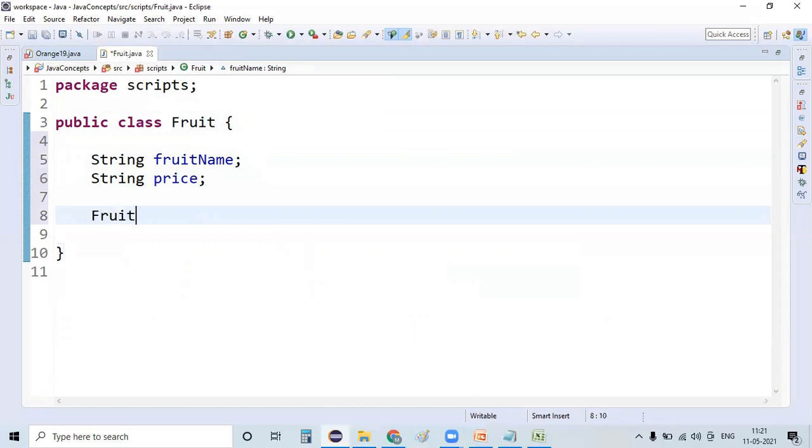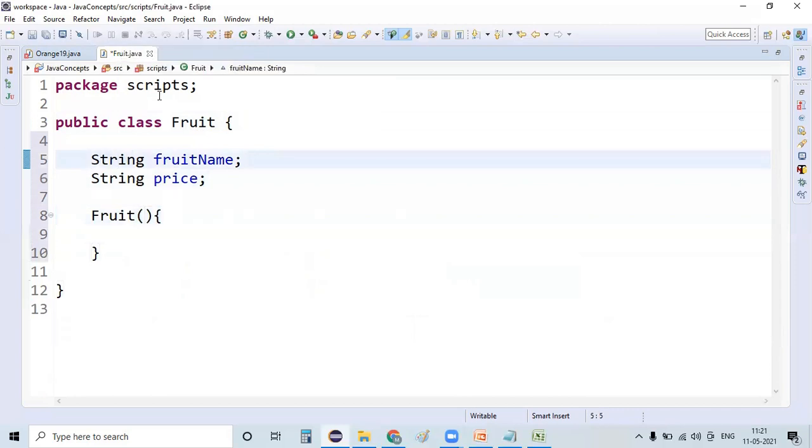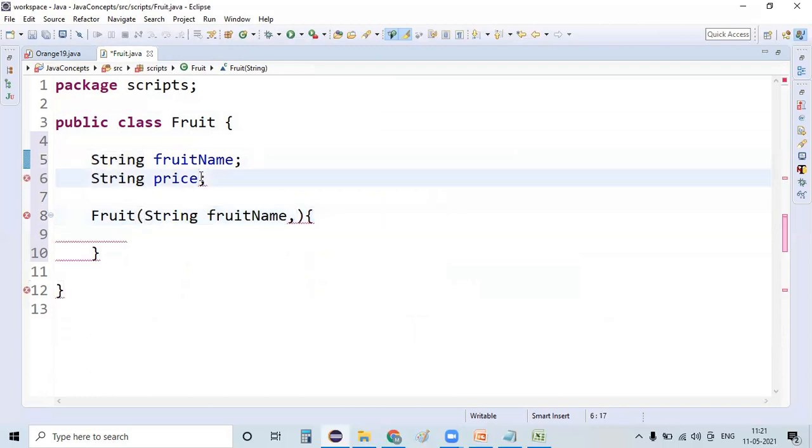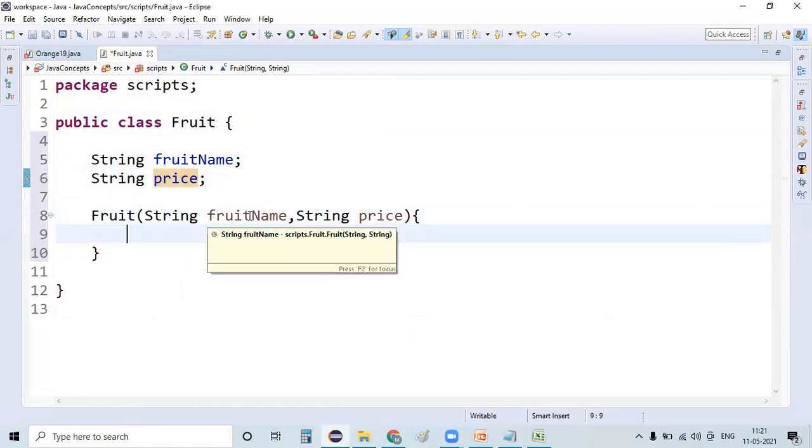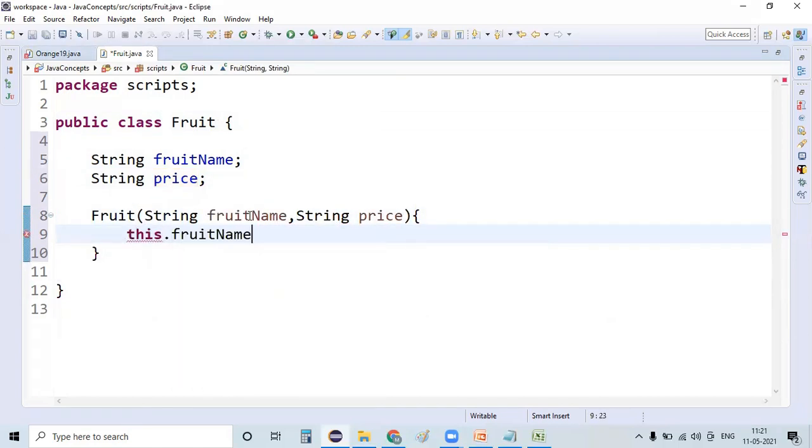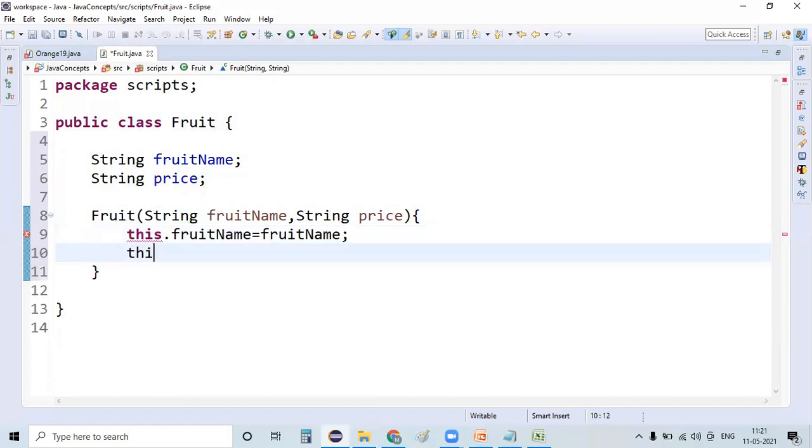So let me define a constructor so that I can pass these values as well. String fruitName, comma, String price, and this.fruitName is equal to fruitName, this.price is equal to price.